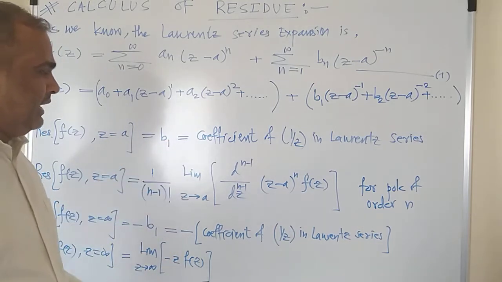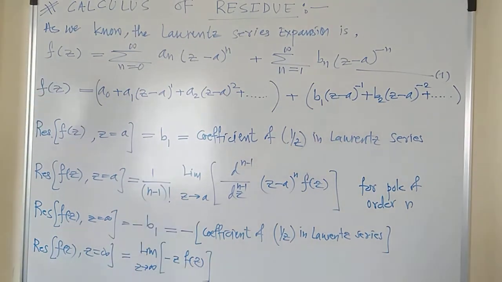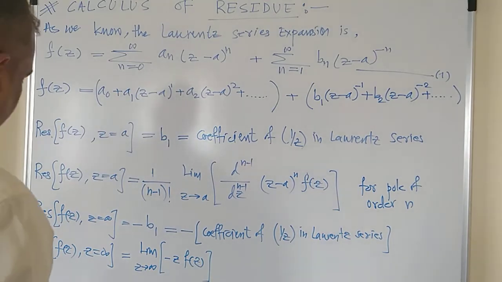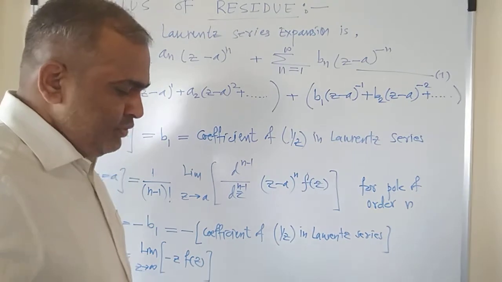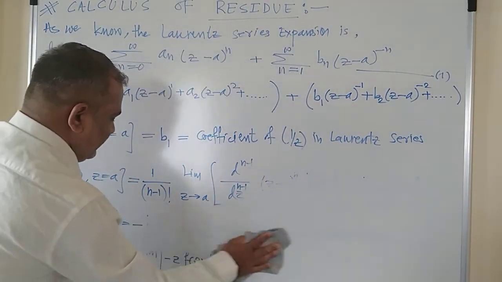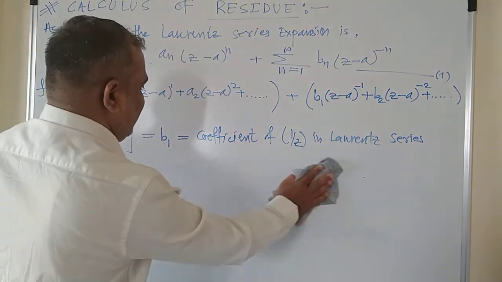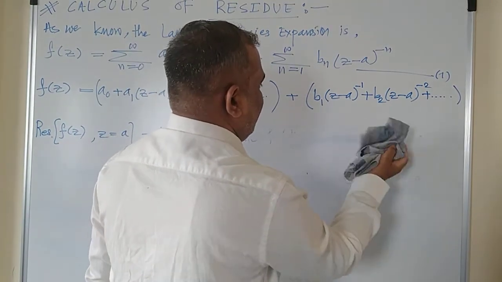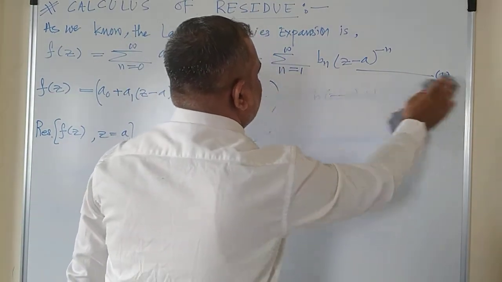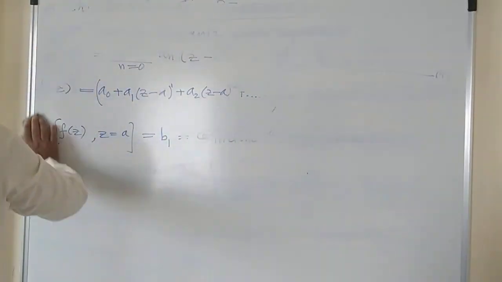So these formulas are quite clear, I think, and then we'll proceed to some examples based on them. Let me check whether this is visible to you or not. Yes, this is visible. Okay, so let's move to the next example part. Now let us calculate the residues for some examples. I will rub out all this because it is not necessary now.